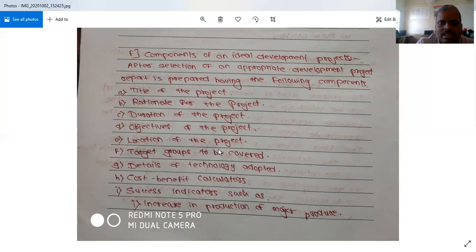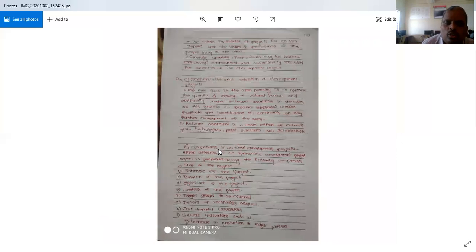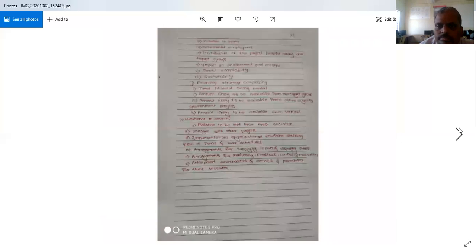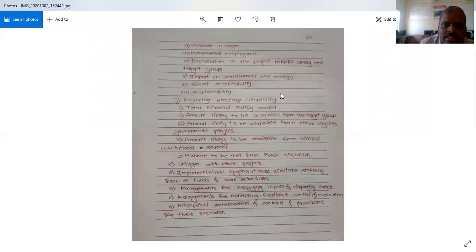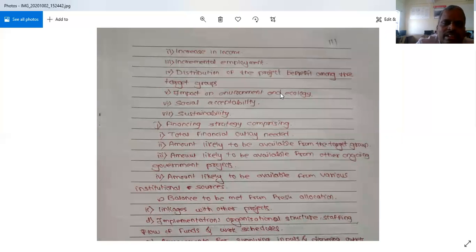success indicators such as increase in the production, next is increase in the income. After that, incremental employment, distribution of the project benefit among the target groups, impact on environment and ecology, social acceptability, sustainability. And the next point is the financing strategy comprising